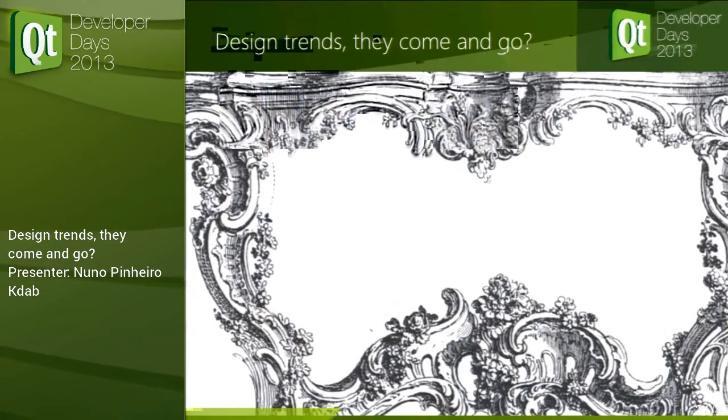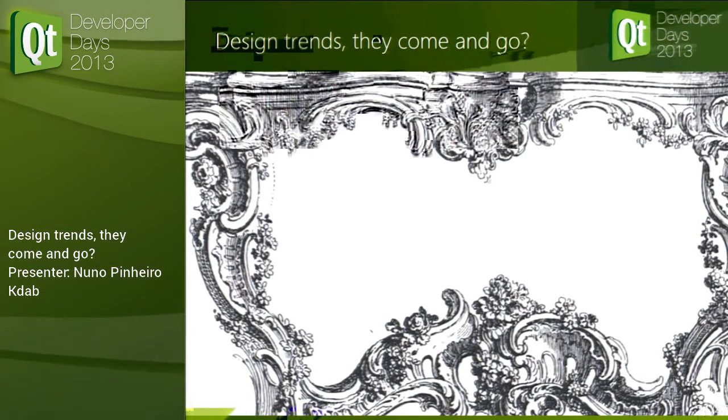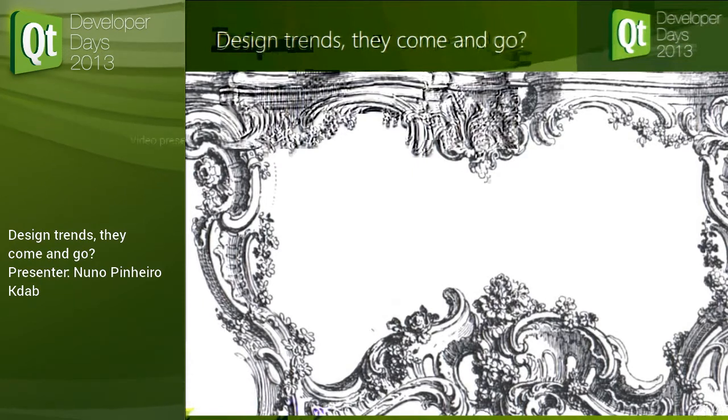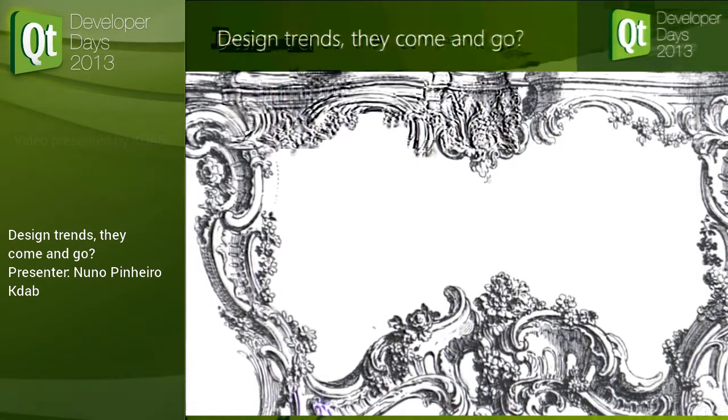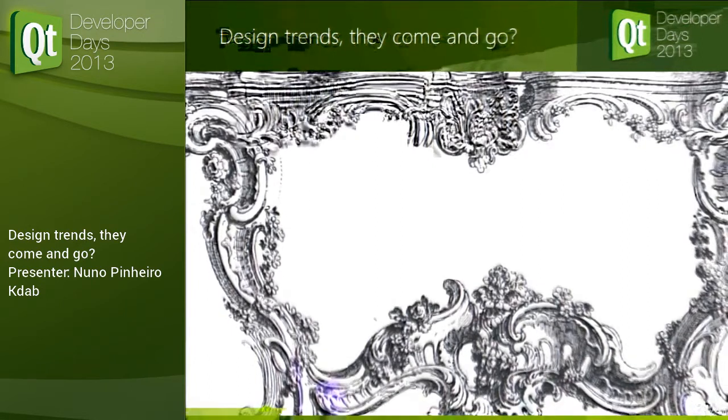You can see that as well in buildings. I really wanted to put a picture here of Baroque, but it doesn't work as well, because Baroque you mostly see in the insides of churches, the work in the wood and stuff like that. Anyway,